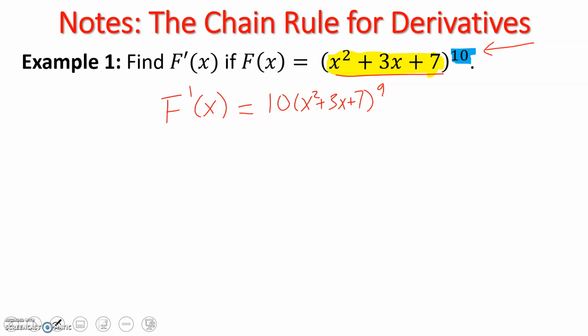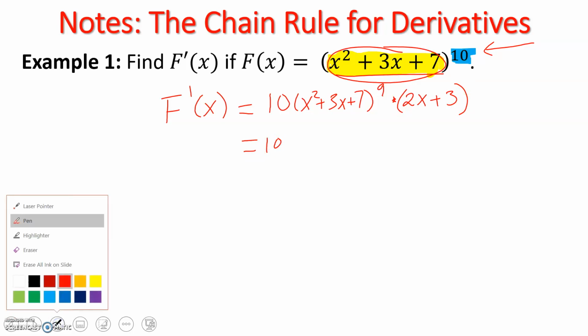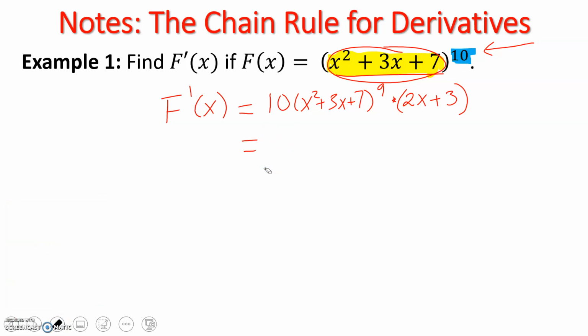But remember, the rule says we take the derivative of the outside function times the derivative of our inside function, which is this one right here in yellow. So the derivative of x squared plus 3x plus 7 is 2x plus 3. And so our answer is 10 times, let's go ahead and distribute the 10. So 10 times 2x and 10 times 3, so it's 20x plus 30 times x squared plus 3x plus 7